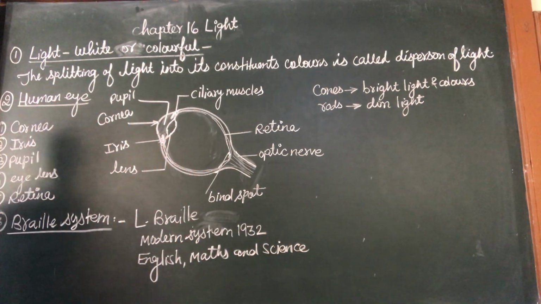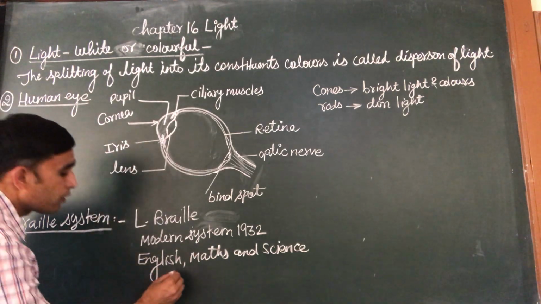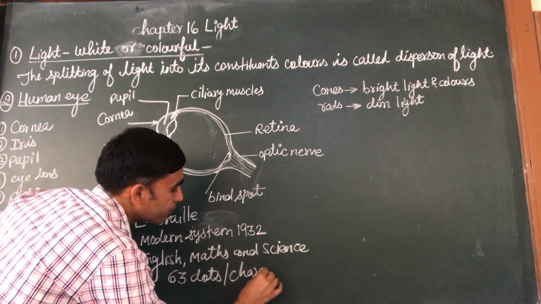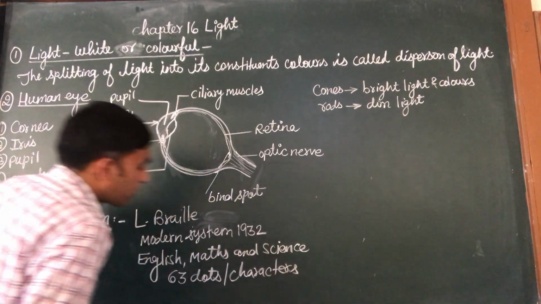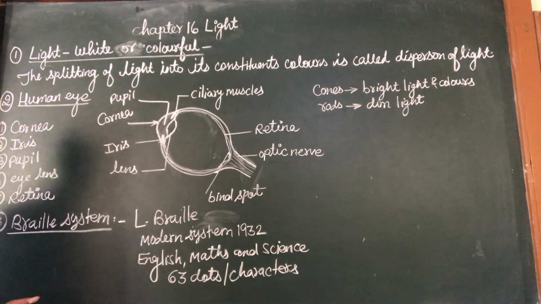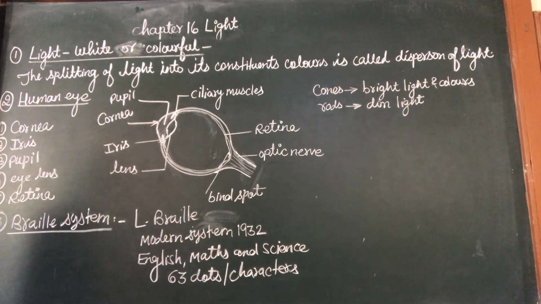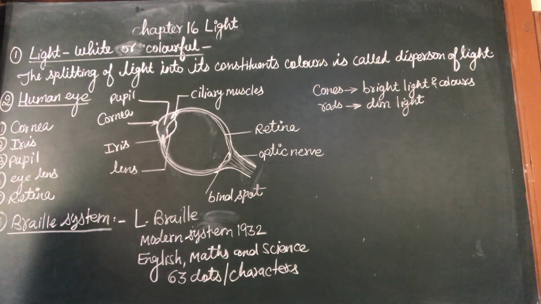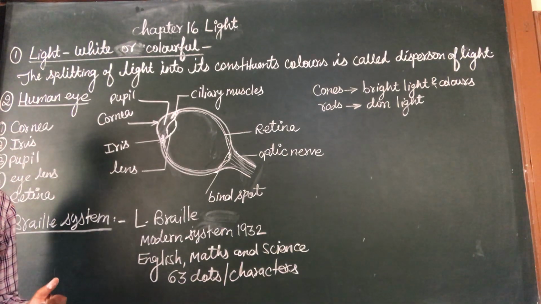And you know that this Braille system has 63 dots or characters, and each of these characters represents a letter, a combination of letters, or a combination of words, right? So these 63 dots and characters are used by the visually impaired person. A visually impaired person has a specific sheet. So these letters are embossed on the sheet. These letters are slightly coming out,